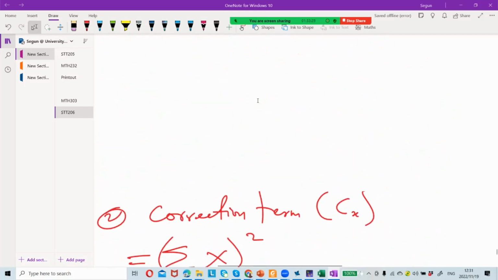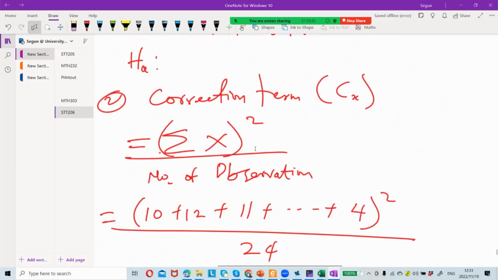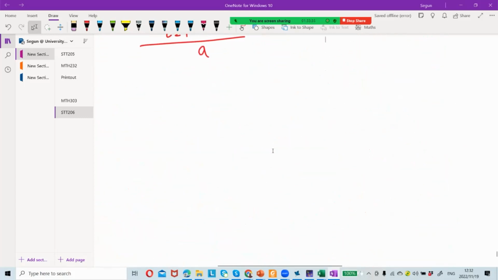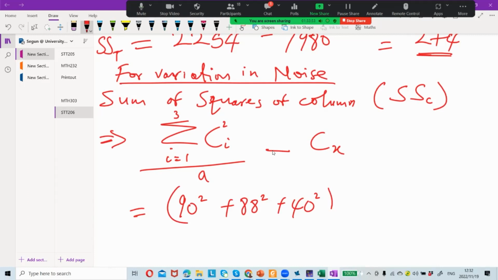Correction term can also be called the total, the way we calculated the total the other time. Now, what is the sum of each of the columns we did the other time? We have 90 squared plus 88 squared plus 40 squared. Everything divided by